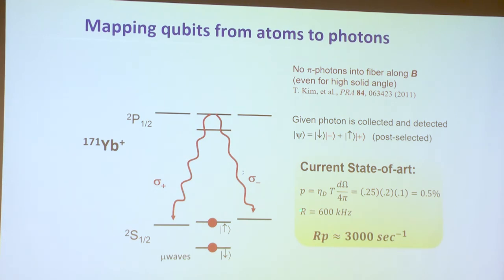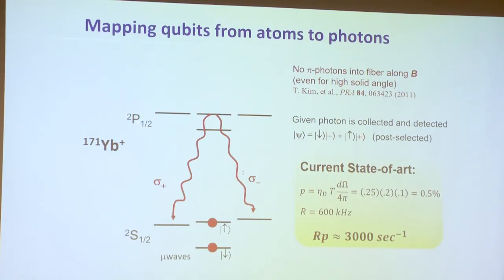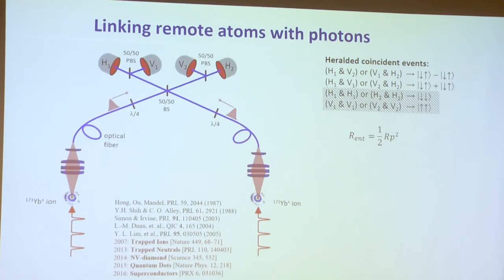And if you look at the rates, they aren't super fast. We can generate these atom-photon entanglers not very fast, but again, the fidelities are very high. And this by itself is not useful. We need to somehow connect it to another node, and we do this, this is a known protocol now, by doubling the system. I should say squaring the system. Now we have to get lucky twice, and getting lucky means 0.5% squared. So very rare, 0.5% squared.